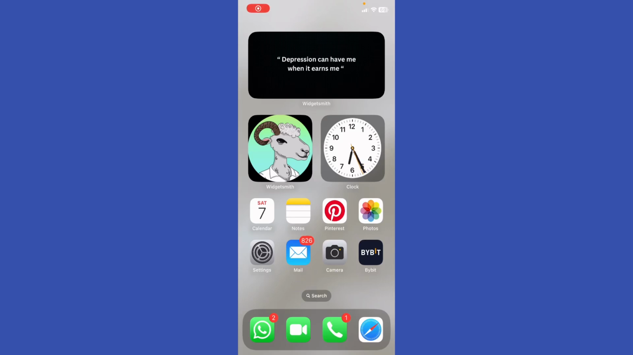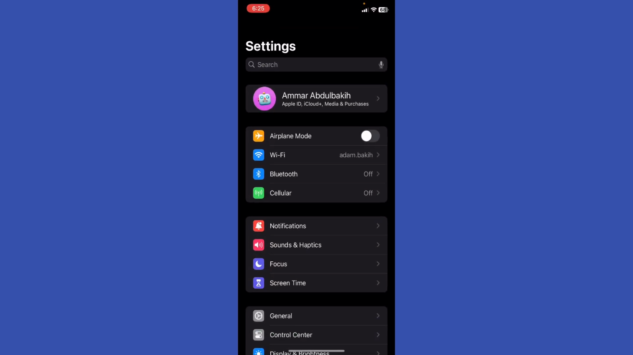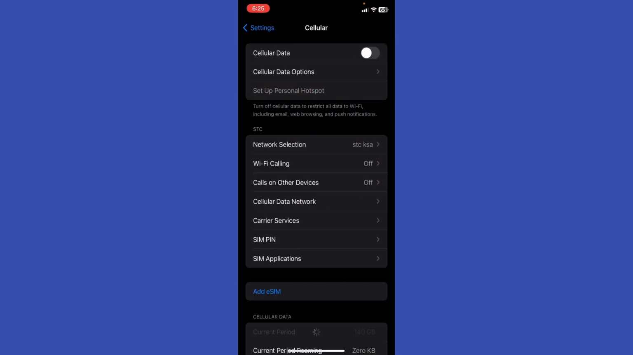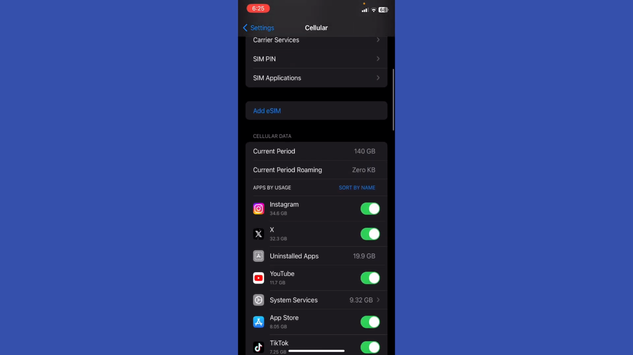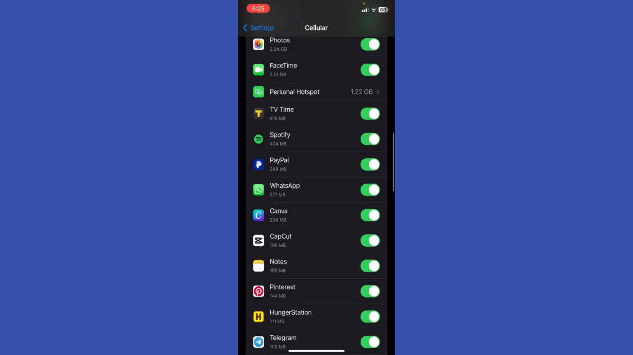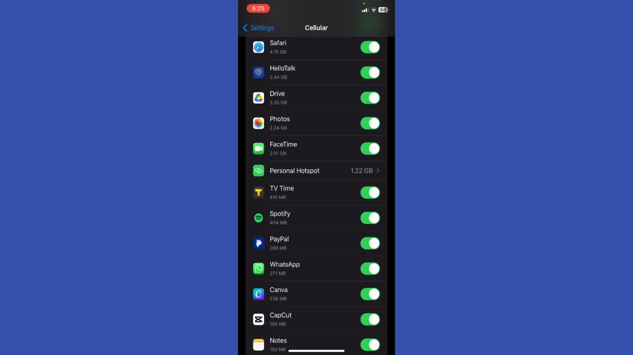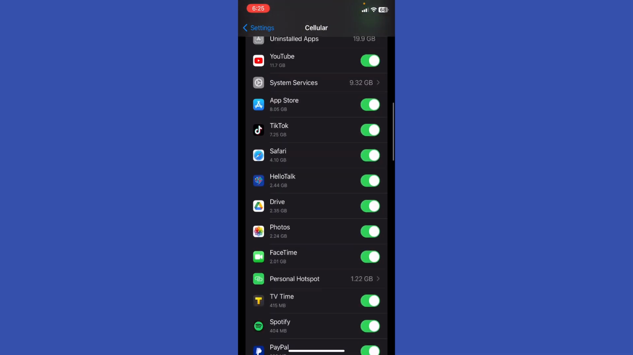How to check today's data usage on iPhone. So open up the settings, then move along to the cellular, and then scroll down to the cellular data usage, right? You're going to be able to find it somewhere here, right? And you will see the current period's data